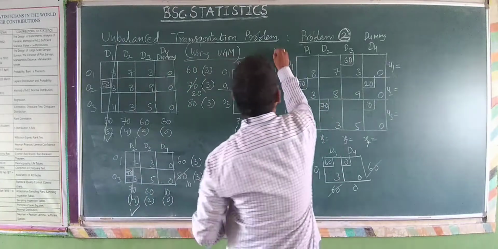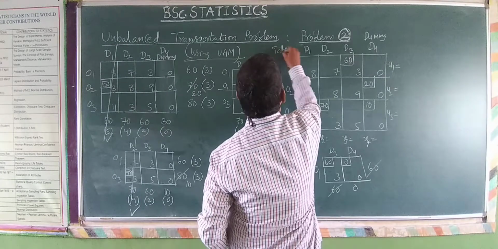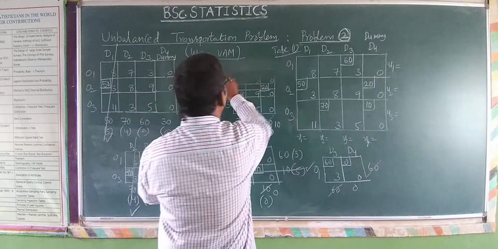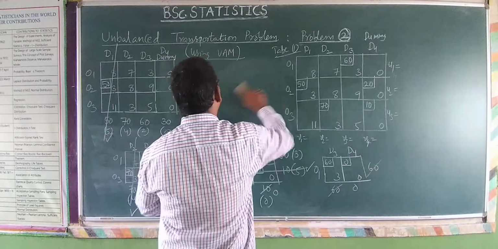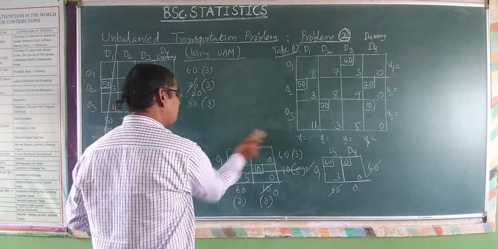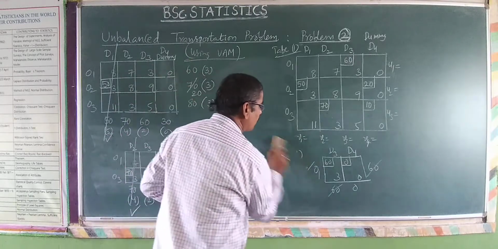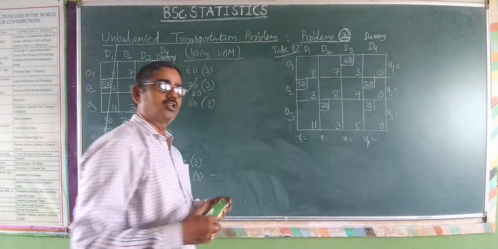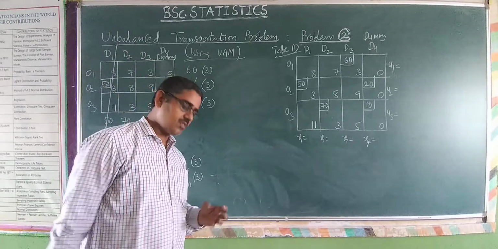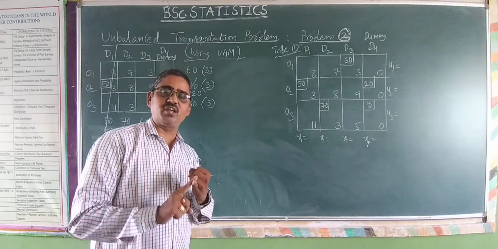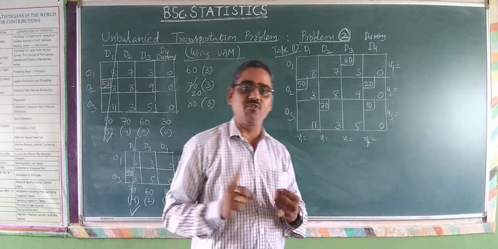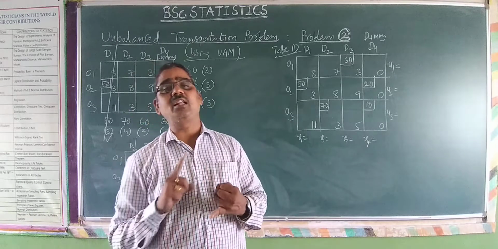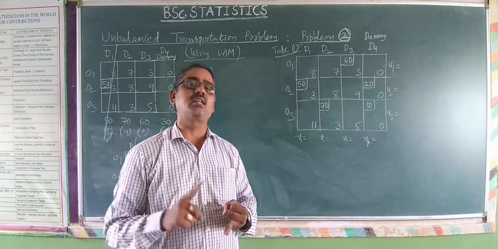So we have to consider this is table 1 of the UV method. This is table 1, which means this is the UV method. Now we are applying the UV method in the calculation of the optimum solution. We are calculating the optimum solution by using the UV method. We have finished the first 2 steps. The first step is to check whether the summation ai is equal to summation bj. If not, we have to introduce a dummy origin or destination, and then calculate the initial basic feasible solution.